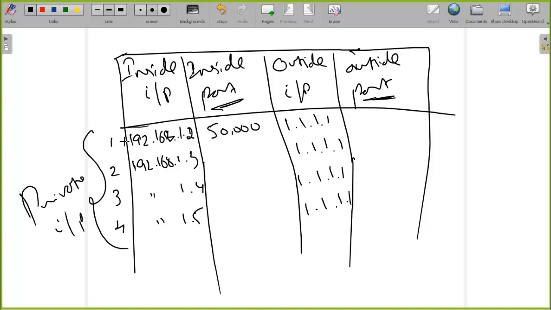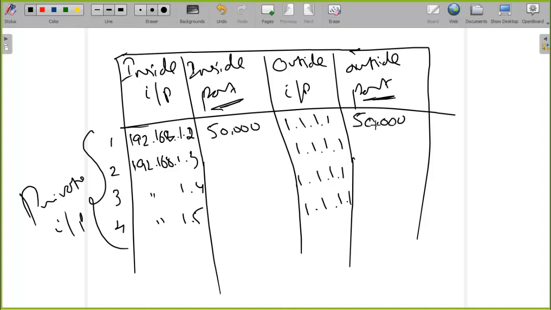So this is going to be the source IP, and this is going to be the source port. When this particular information goes to the NAT box, it translates the IP into a public IP address. So this 192.168.1.2 has to be translated into 1.1.1.1. Only then I will be able to get onto the internet. So this is going to be my public IP address, and the NAT will try to maintain the same port number again.